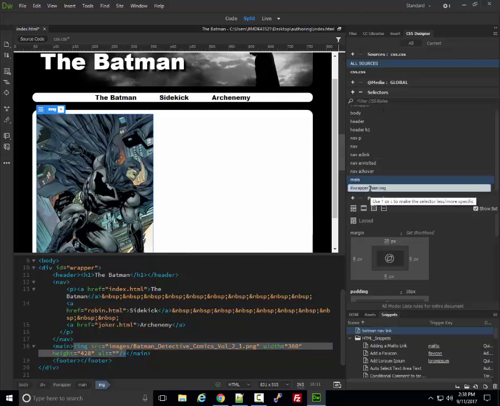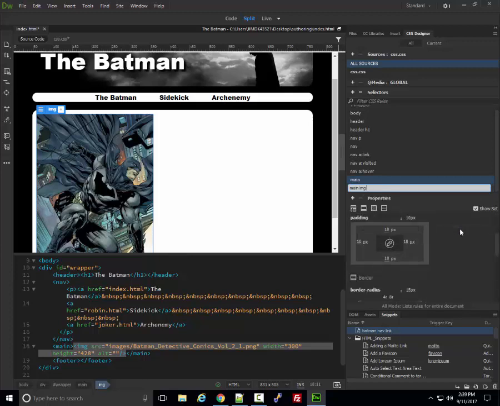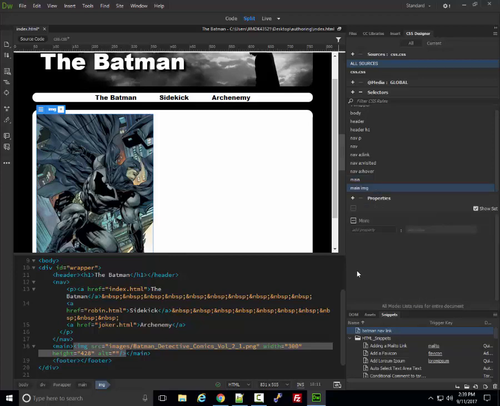We don't really need the wrapper portion of this, but main image, and we'll do our border radius